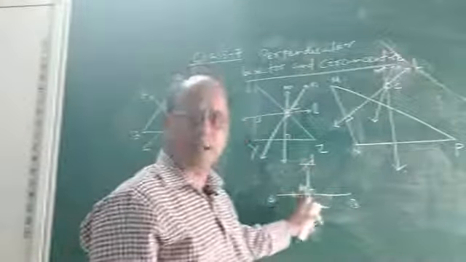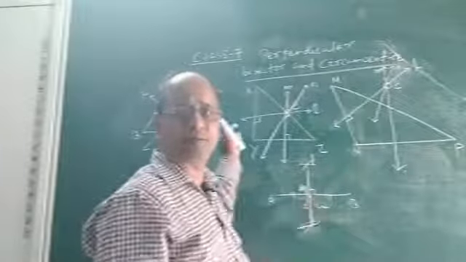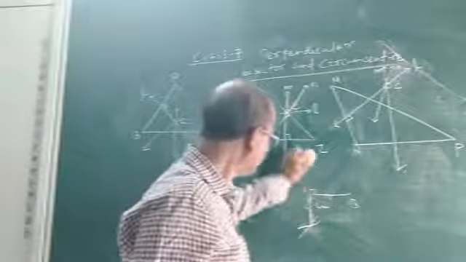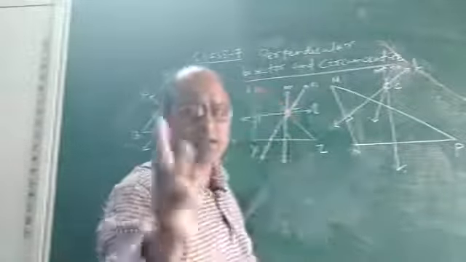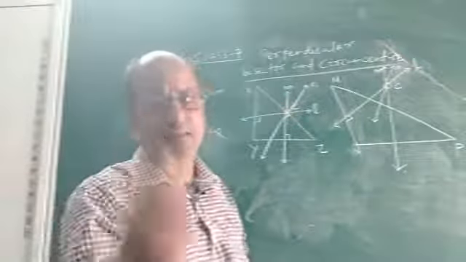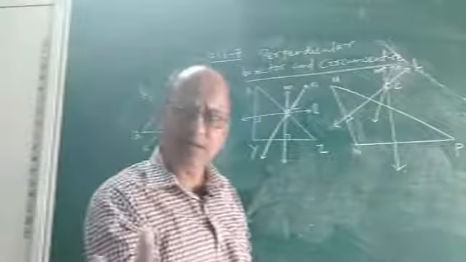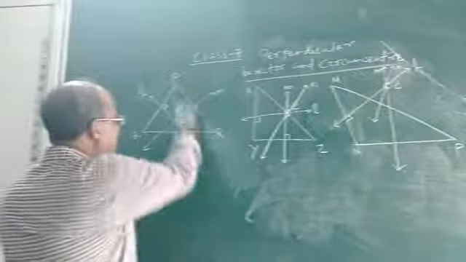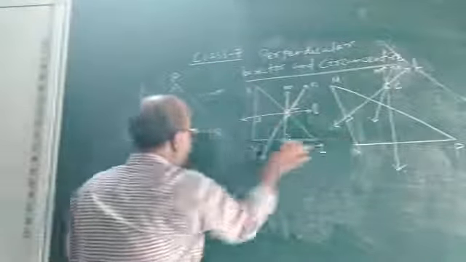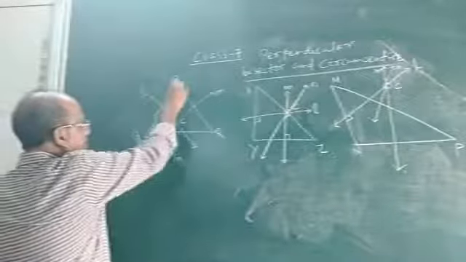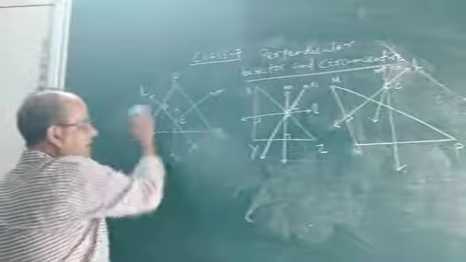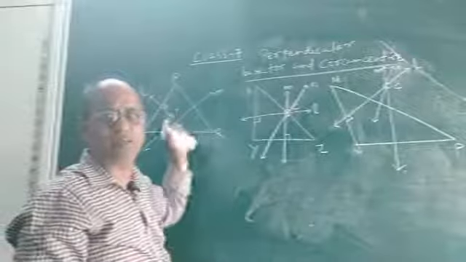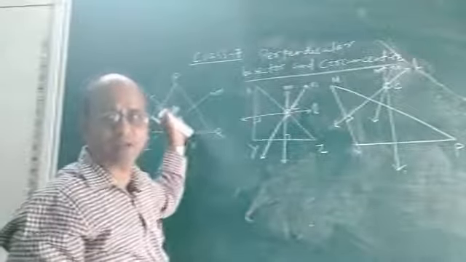Now let us apply the concept of perpendicular bisector to triangle. So children, as you know, a triangle has how many sides? 3 sides. So definitely 3 sides will have 3 what? Perpendicular bisectors. Now look at figure 1. This is figure 1, figure 2 and figure 3. If you look at figure 3, PQR is a triangle. What triangle is it? Seeing the figure we can say it is an acute triangle or acute angle triangle.